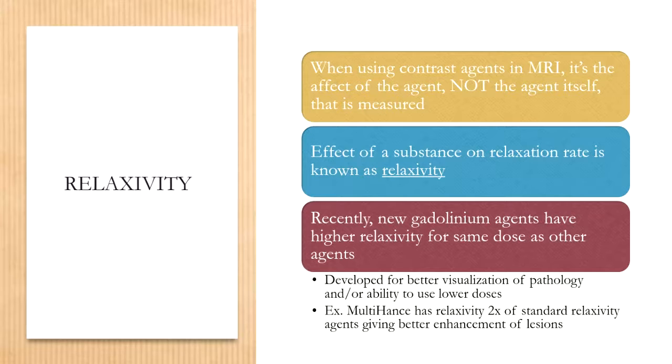So when we're talking about gadolinium and other contrast agents and the influence that they have on the tissue's relaxation rate, what we're actually discussing is relaxivity. So relaxivity is the effect of a substance on the relaxation rate of a molecule. And one thing that you have to understand is that in MRI, we are not